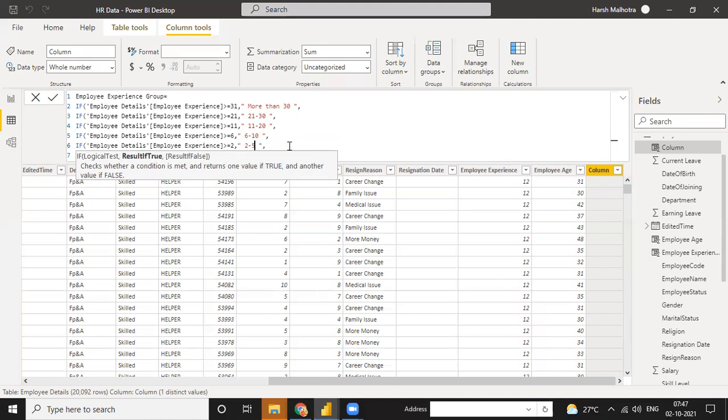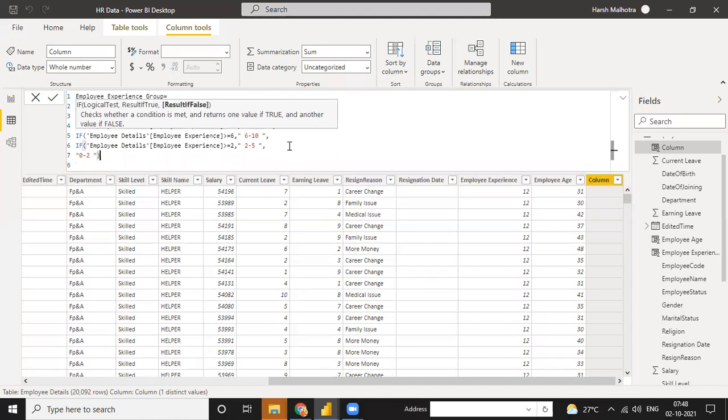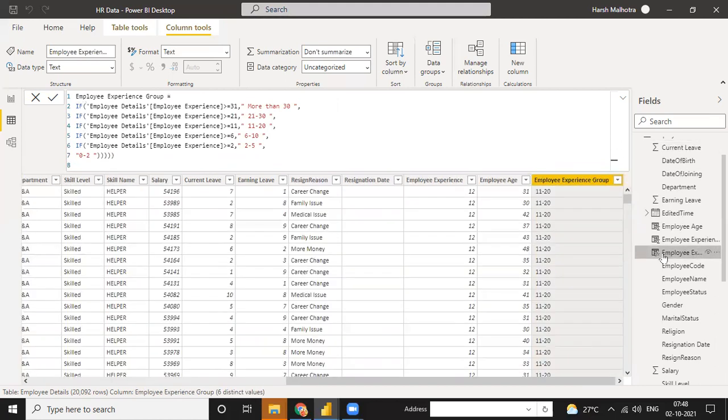So 2 to 5. And for this, I can just go down and remove the false function, like 0 to 2. Just enter and see, the employee experience group is ready right now.